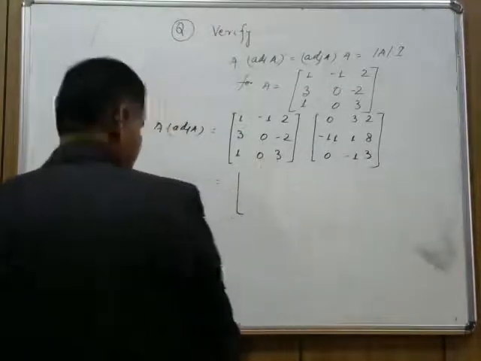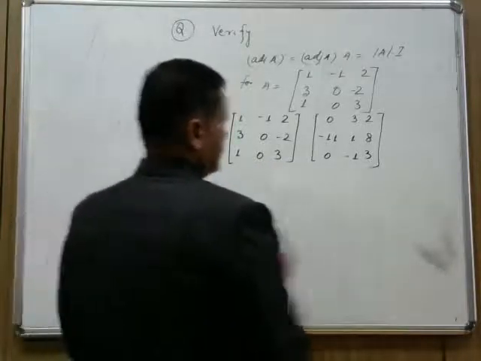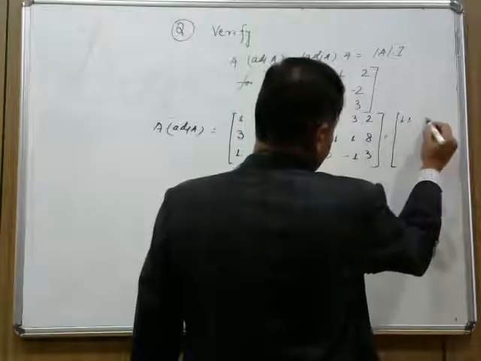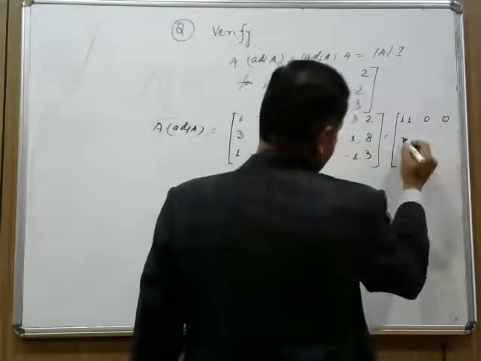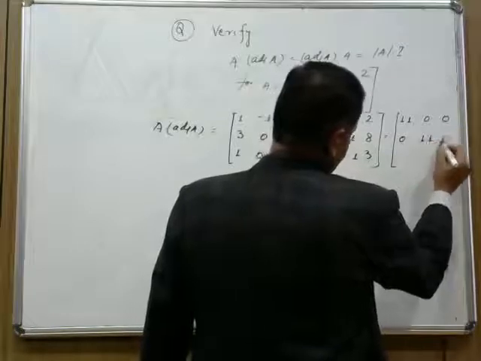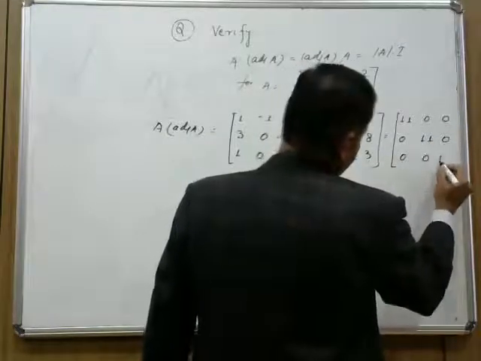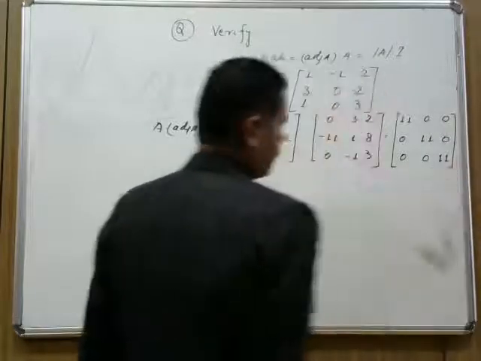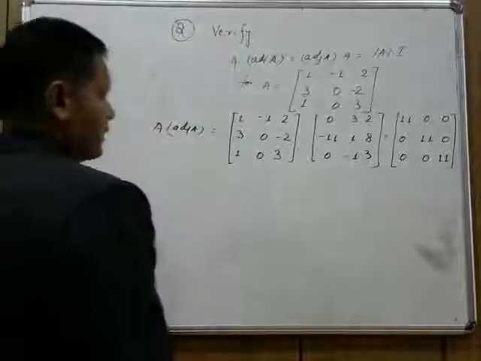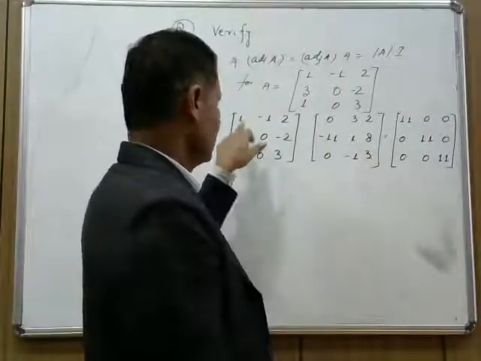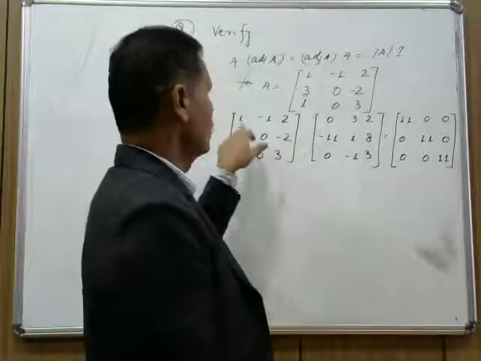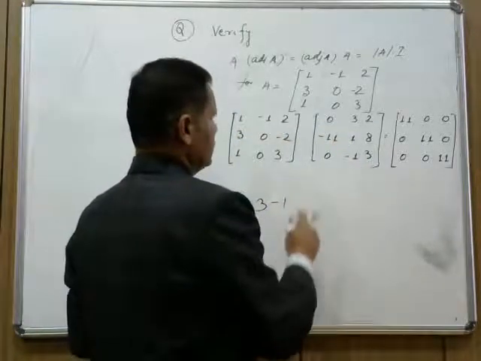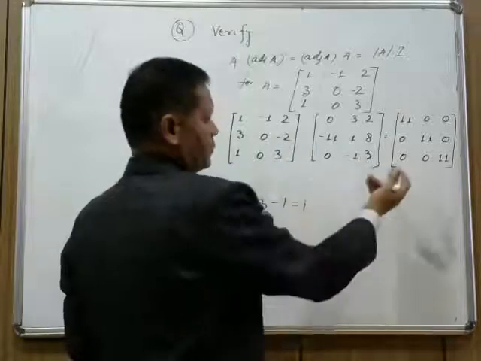That's why I write here now. Or I should write directly over here in the corner. I can write this is equal to 11, 0, 0, 0, 11, 0, 0, 0, 11. I have written the result directly, so it will be alright. The first I have checked, 11. Now for this first row, second column, 1 into 3, 3, minus 1 into 1, minus 1, and 2 into minus 1, minus 1.